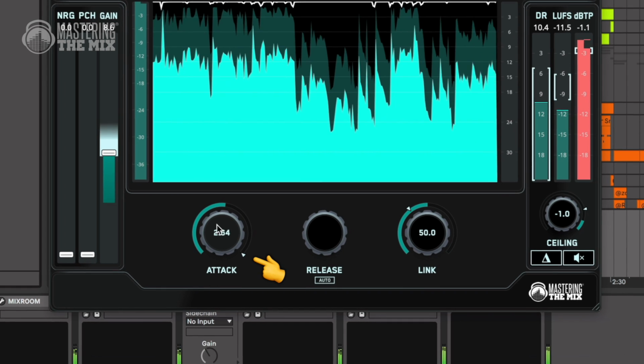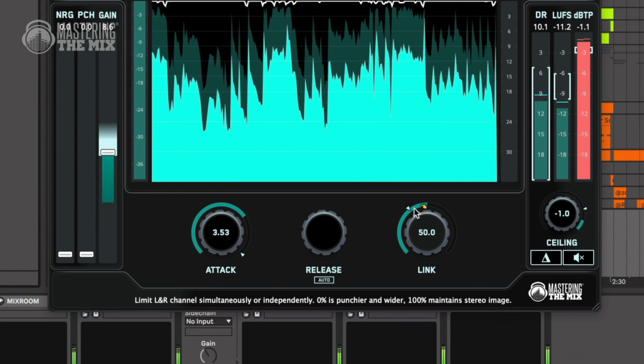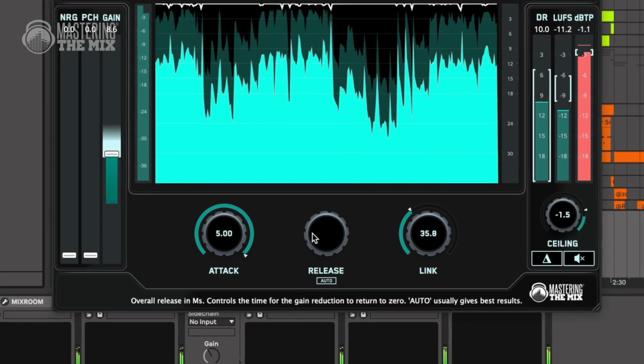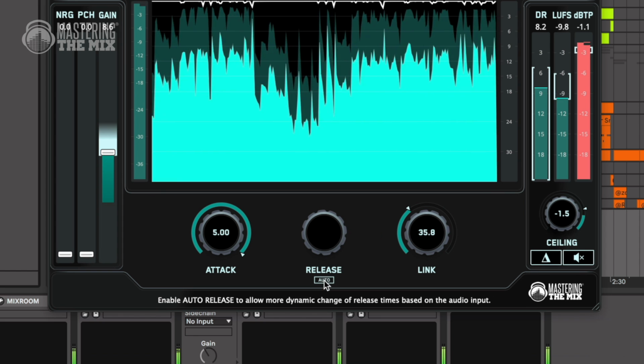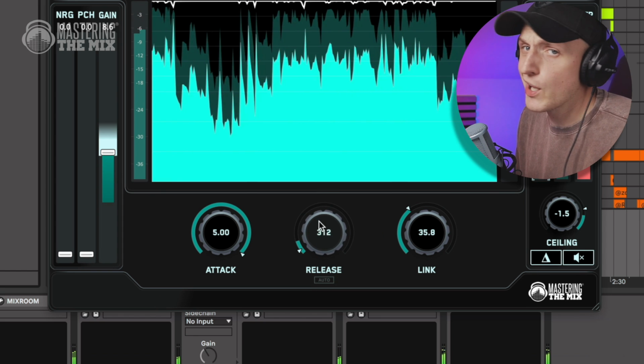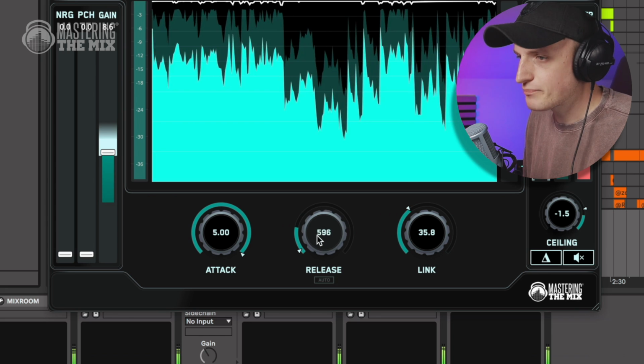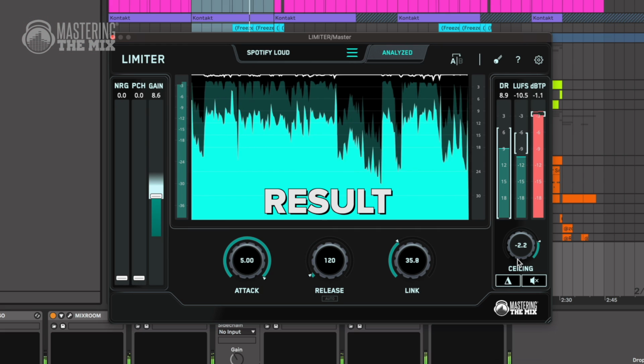Those little arrows on attack, link, and ceiling knobs are also suggestions based on analysis. But what about the release? For the most musical result, we recommend to leave it on auto. But of course, nothing holds you back from adjusting it the way you like. That might be surprising to some of you, but if you're happy with the result,